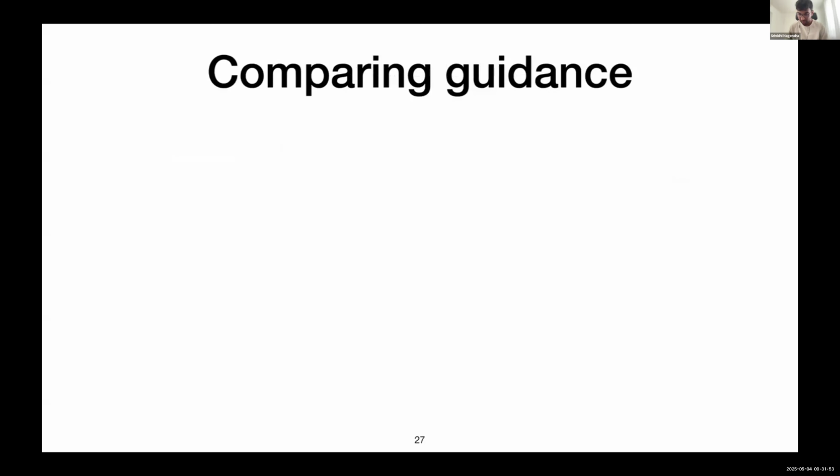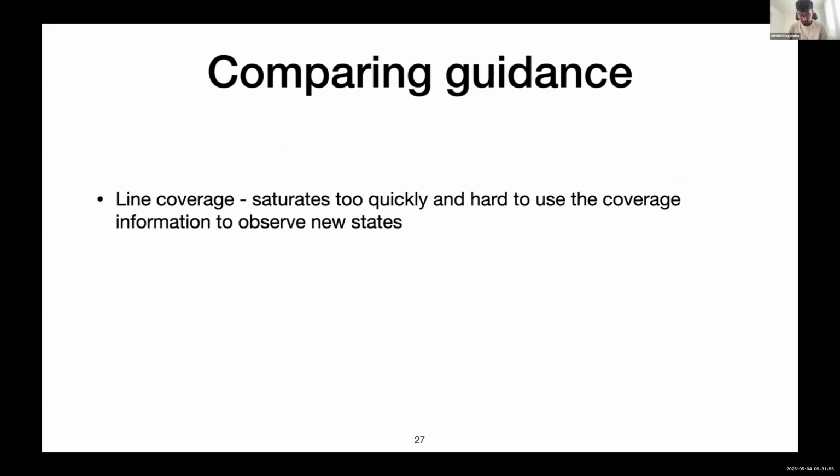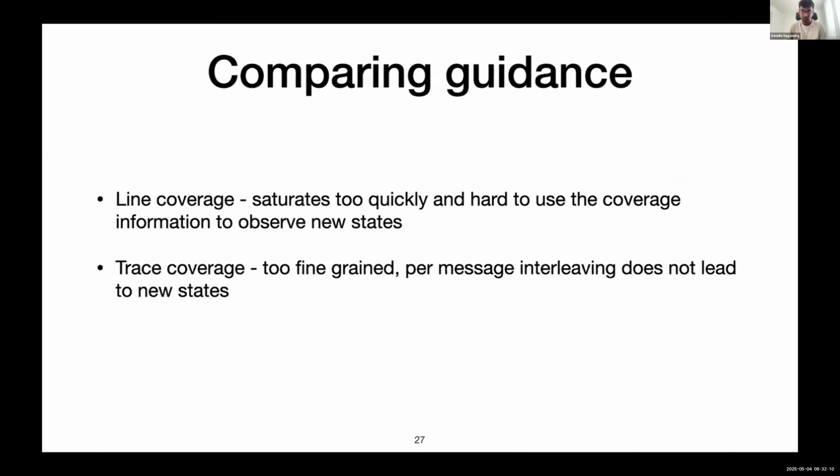To compare the different guidance mechanisms, what we did was we took different processes and combined the line coverage. And if you use this to generate new inputs, do we get to new states? What we observed is that it saturates way too quickly. So you don't observe any new states. It becomes very similar to random. And with trace coverage, what we saw is that you get to new traces very frequently, but this does not give you better coverage on the model.